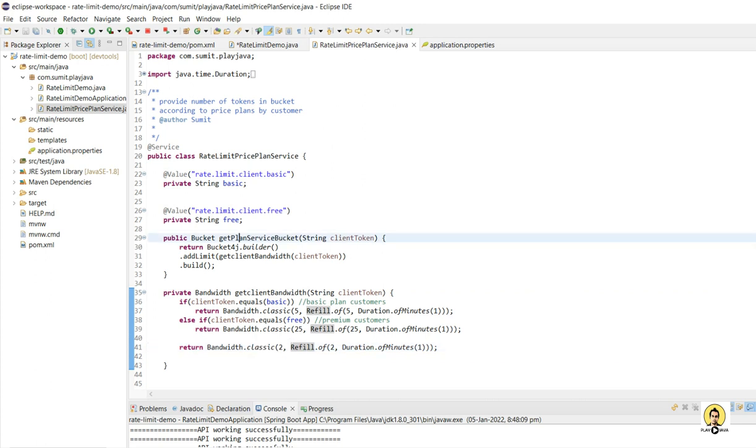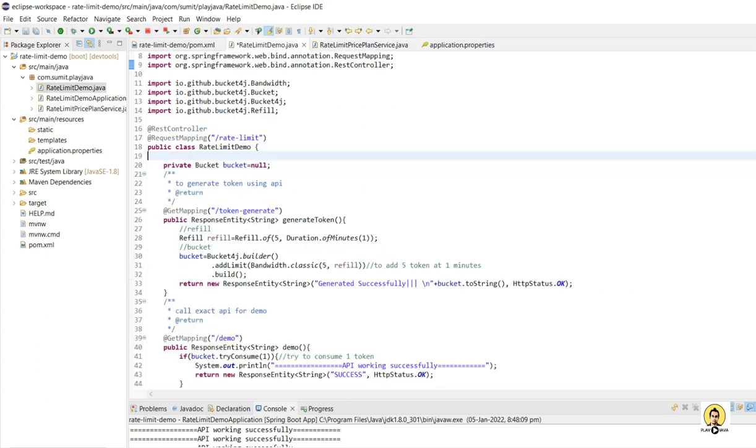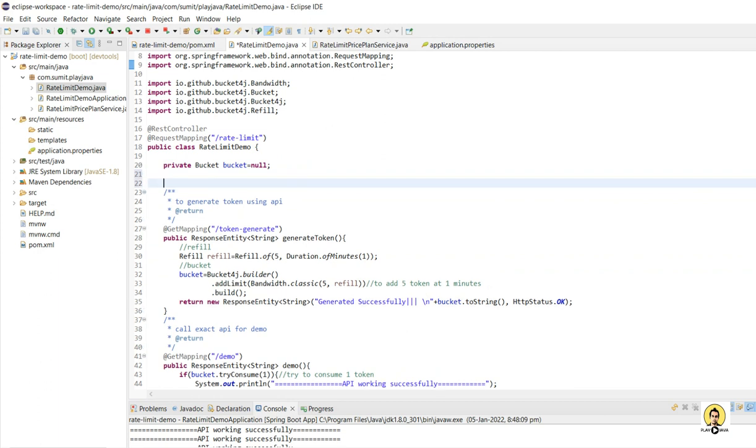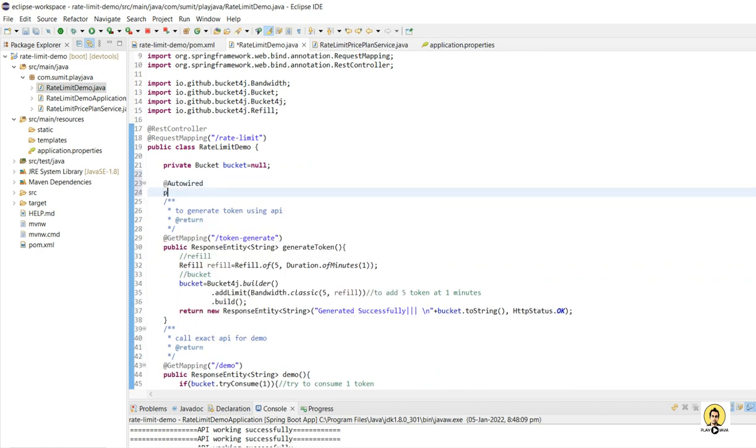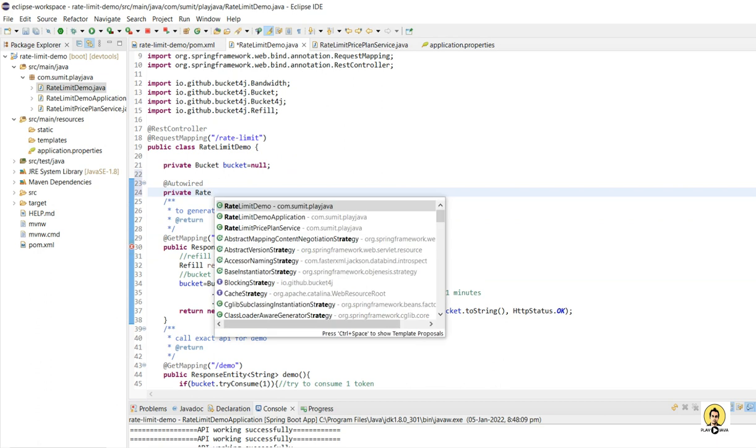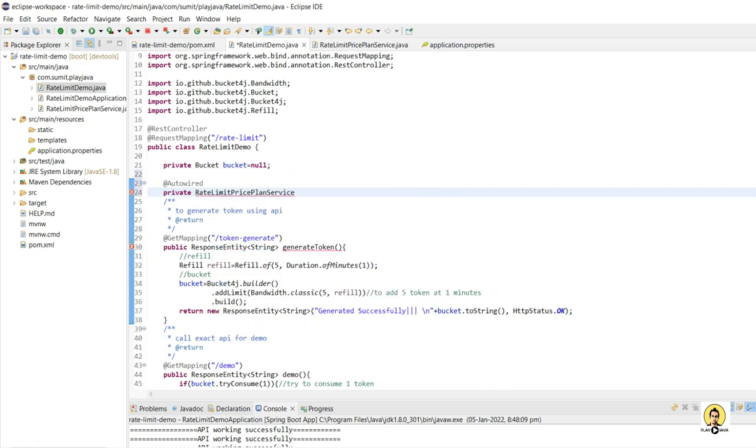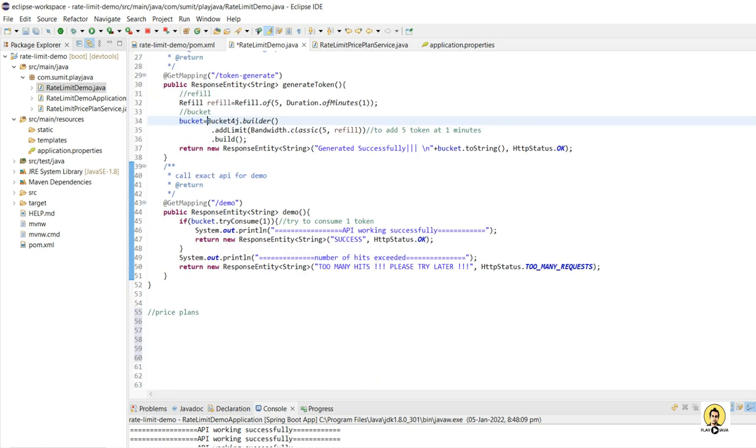So this will return the bandwidth to the first method, that is getPricePlanServiceBucket, and this method will return the bucket to the main class where we are going to hit the API. So I'll just autowire the service class here which we have created for the price, that is RateLimitPricePlanService, and using this only we will fetch the details of the bucket.